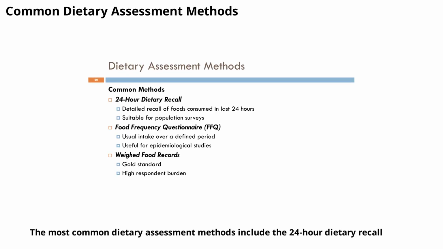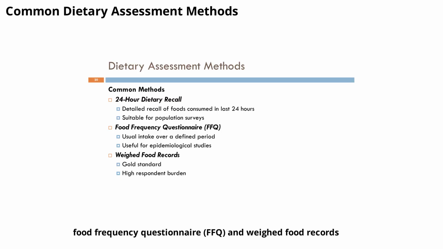The most common dietary assessment methods include the 24-hour dietary recall, food frequency questionnaire (FFQ), and weighed food records. The 24-hour recall provides detailed information about foods consumed in the last day, making it suitable for surveys. The FFQ assesses usual intake over a defined period, while weighed food records are considered the gold standard but require